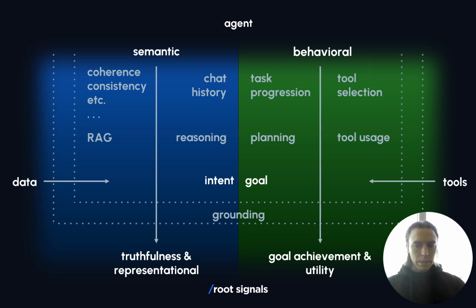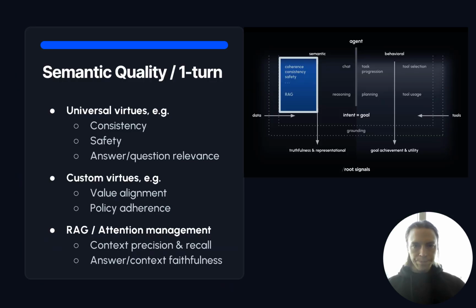Let's then dive into the individual parts of the map. First, looking at the semantic quality for the singleton case. Here we have these universal virtues. There's a long list of these that you can look at, and these are actually non-agentic in a sense. We are only covering them here for completeness, so that you can understand the agentic parts through this contrast. So these are things like: